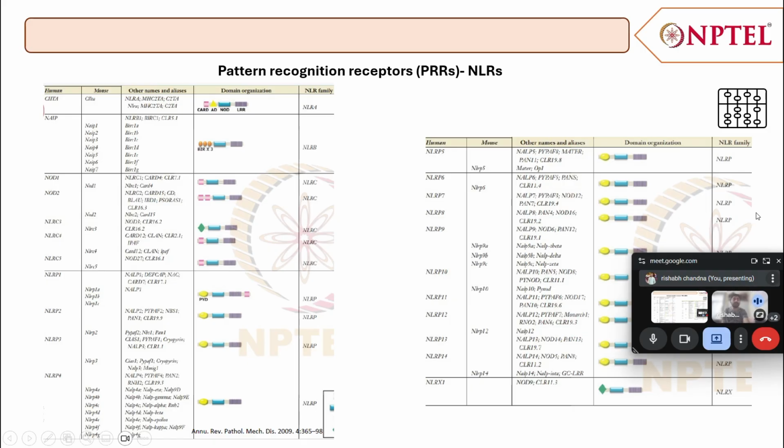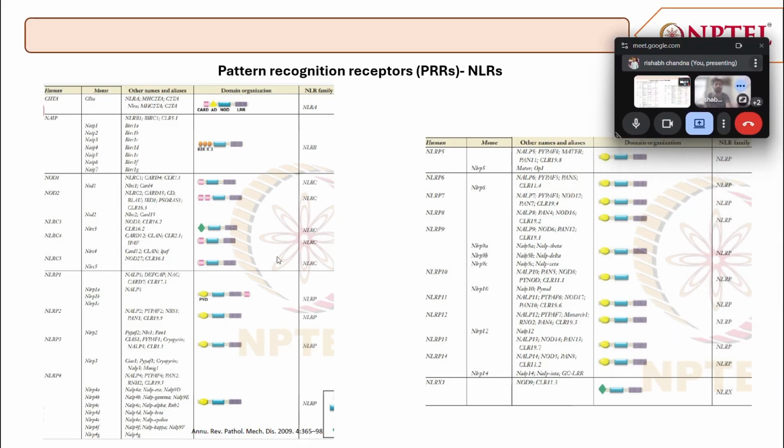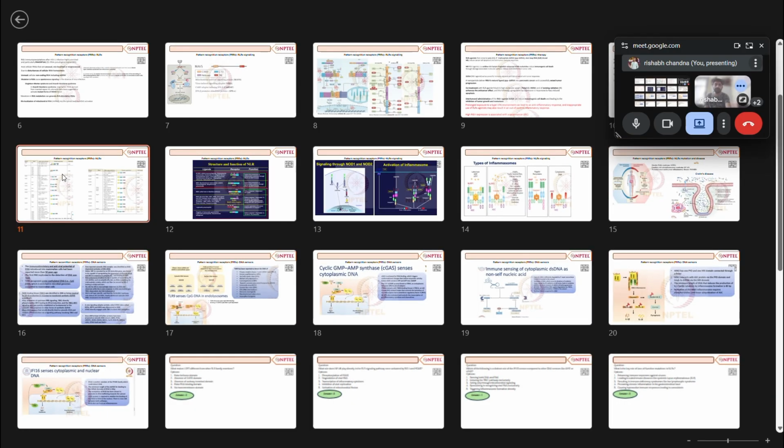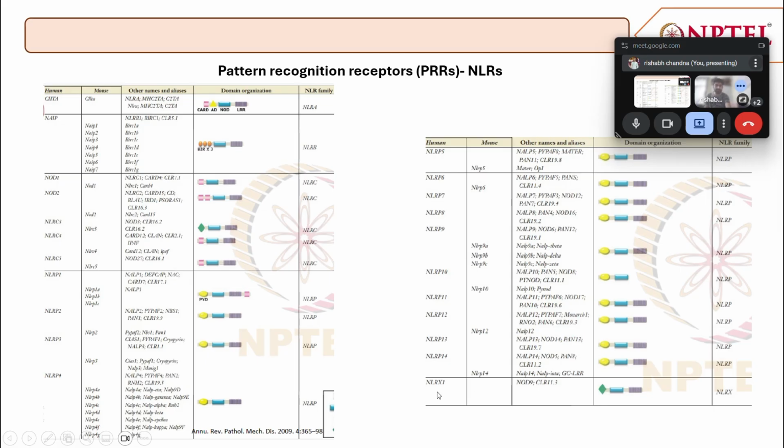these are some examples of the NLRs that are present in the body, starting from CIITA, NLRC... C2TA, N41P, then NOD receptors, NLRC3, 4, 5. Then we have the NLRP family that extends from 1 to 14. Okay, then we have NLRX1. So these are different types of NLR proteins that are present in particular cells. Okay, so